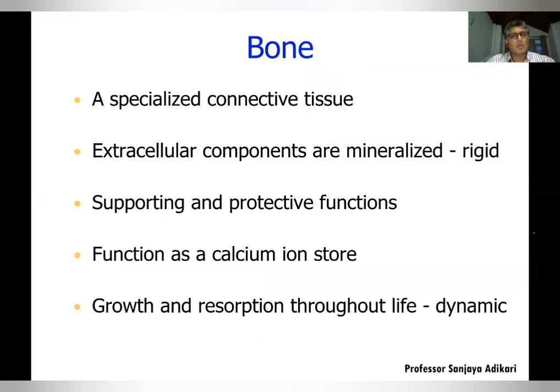Then we will discuss the bones. Bone is a specialized connective tissue again, like cartilage. Unlike in cartilage, in bone the extracellular component is mineralized. Therefore, it's very firm, not like cartilage, and it's very good for supporting and protective function. It's not only protective and supporting function, even though we don't take it into consideration much, it's a very good